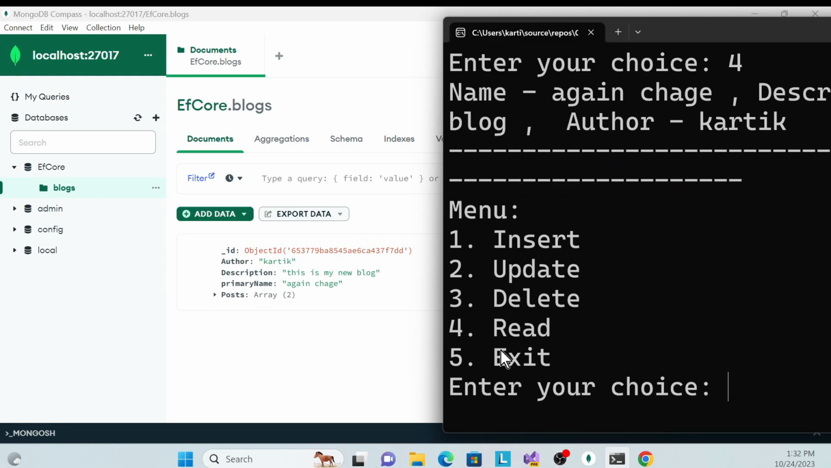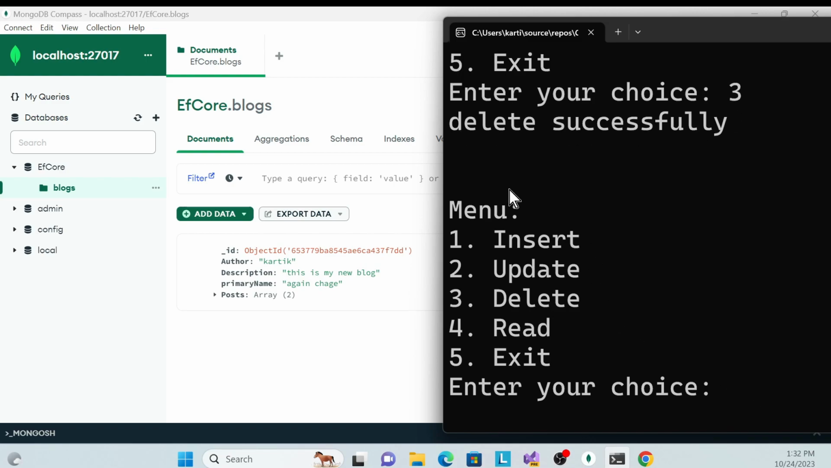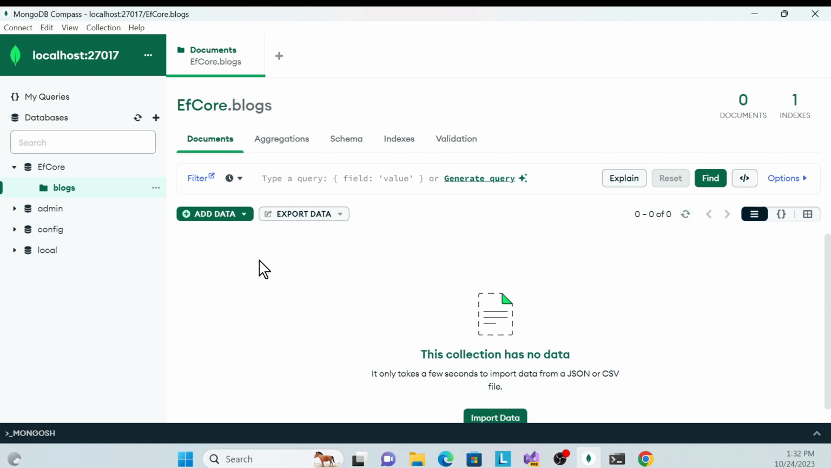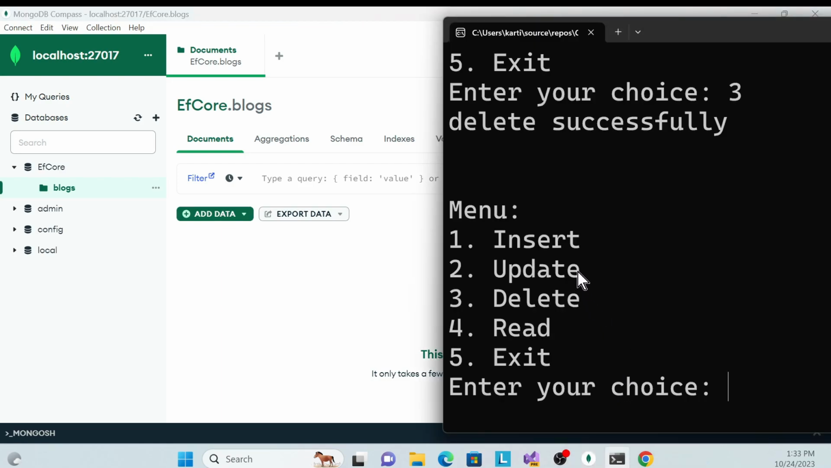And now finally I will try to delete. So let me put 3 and then hit enter. So see, delete successfully. And you can also refresh your MongoDB. See, it has gone. So this functionality is implemented using the MongoDB provider with